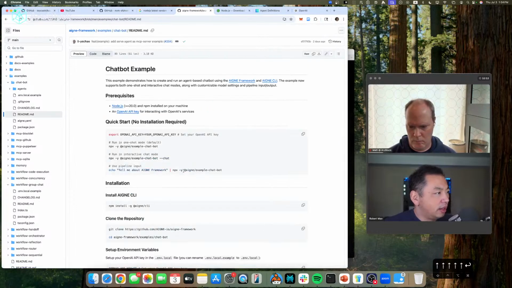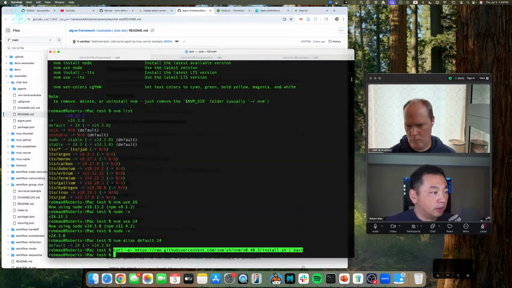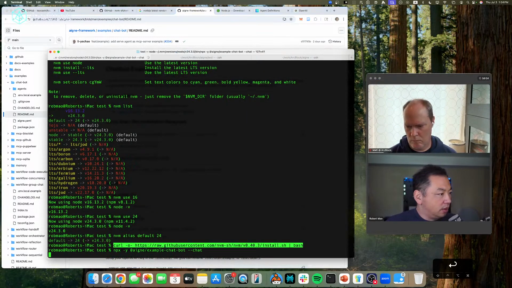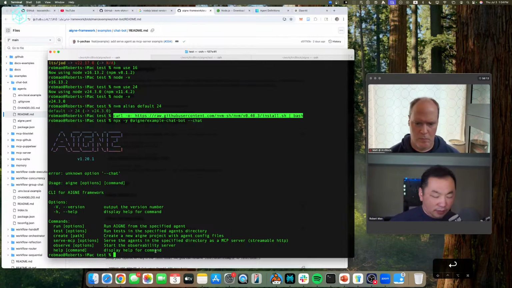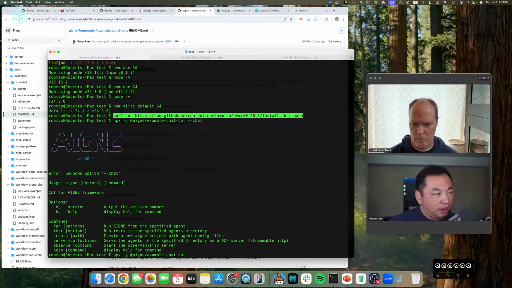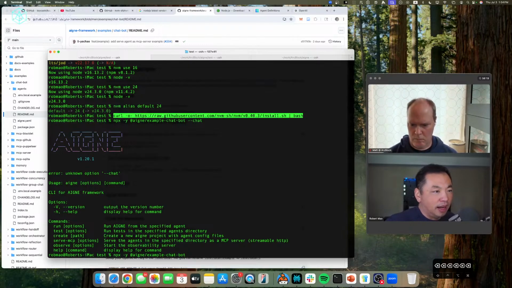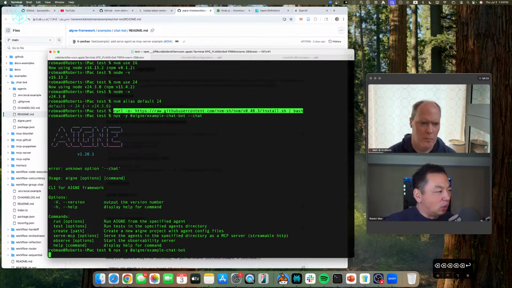Let me try this basic chatbot again to see what happened. If it still doesn't work, that basically means something was wrong, and it was probably updated by our developers, and this no longer works.